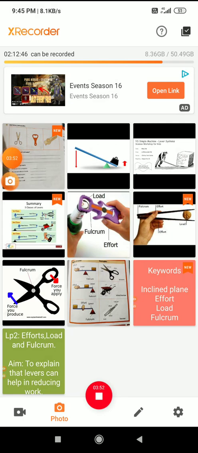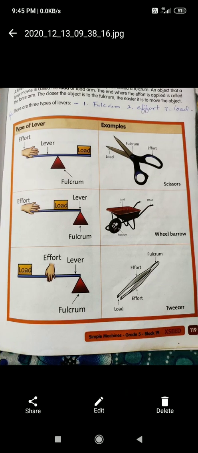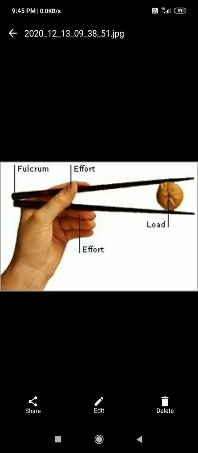Then next we will go through the tweezer, right? Have you seen it like this? Here it is, the tweezer, right? In the right corner the load will be there, right? If you want to pick up any small needles, anything, then we will use a lever like this tweezer, right? The fulcrum will be at the corner, and where we hold it and apply the force, in the middle. So this is the example of a third class lever.